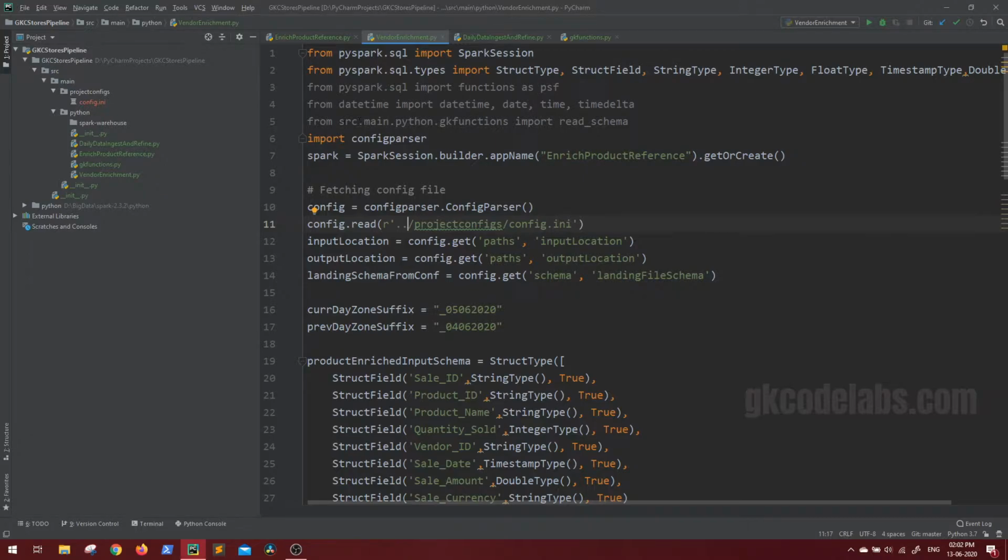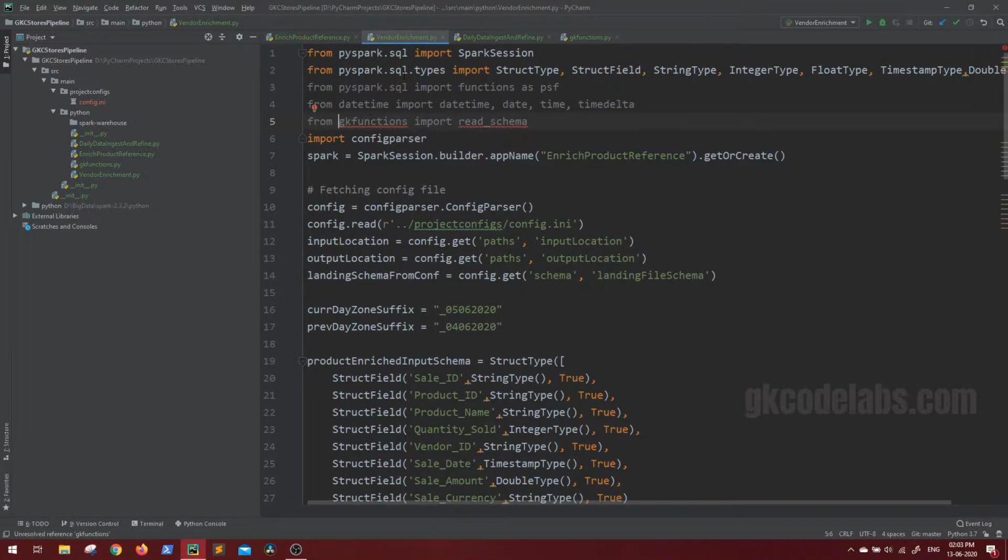And another change I am going to make is regarding the step where we access our GK functions file, because this is the GK functions file where we actually read the schema, convert that from string to struct type schema. So all my functions are there in this. Right now I am accessing it again from a relative directory of the project. I don't want to do that. I'll remove this. Ignore this error for right now. Once I push this into production cluster, then I will tell you how we can access this GK functions. So watch these steps very carefully.